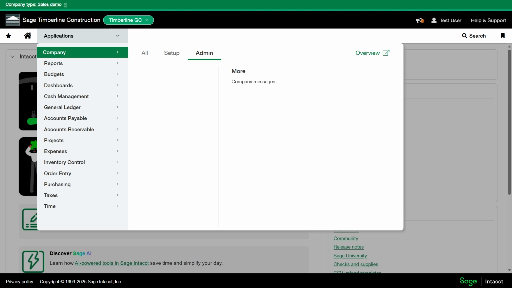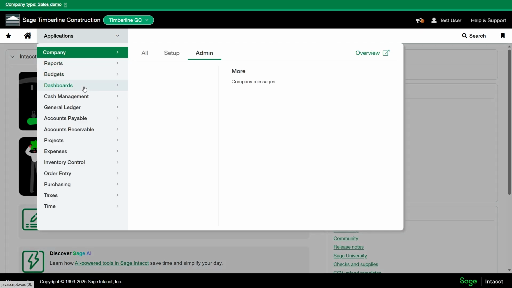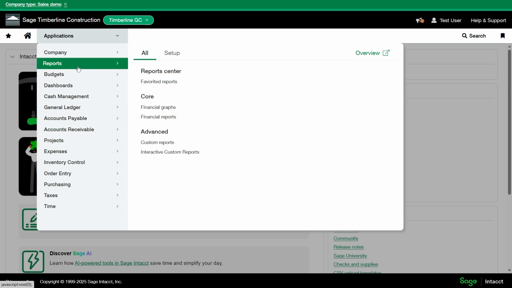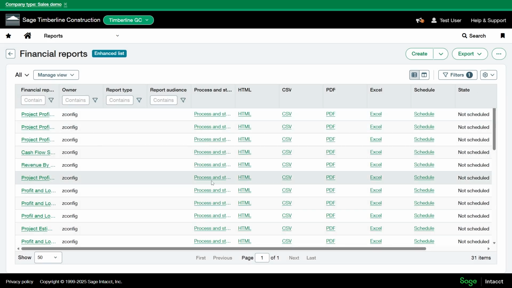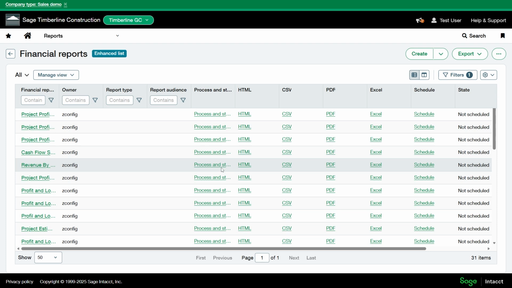Some things that an employee user can do is create timesheets for themselves and other users. They can also submit them, and they can create purchase requisitions. They can approve vendors, though they can't submit vendors. And they will be able to view and see that data for vendors and customers. They also have access to view dashboards, and they can also run reports. If there are any financial reports that have sensitive data that you might not want this user to see, you can come in here and restrict that security. We do have some other videos on how to do so.